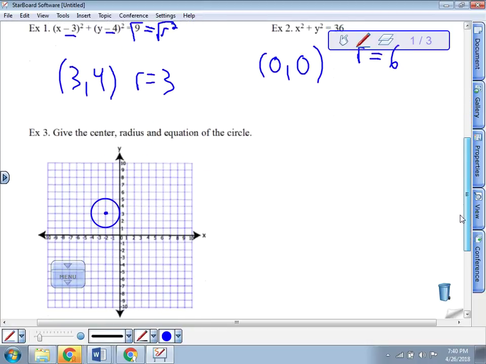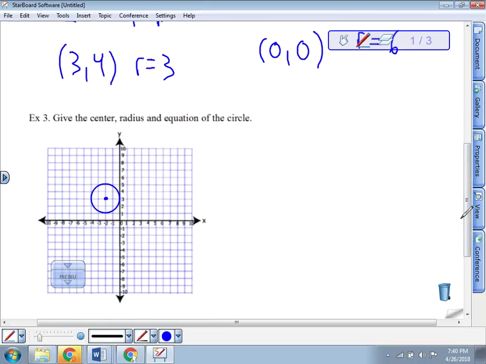Now let's take a look at one where we're given the center and the radius, and we write the equation. Well, it always starts with that x plus or minus. So this center is at -2, up 3. So we're at the point (-2, 3). Since that's the center, it's a minus 2, so this needs to be plus 2 squared. Plus, now the y value is 3, so it's going to be y minus 3 squared,